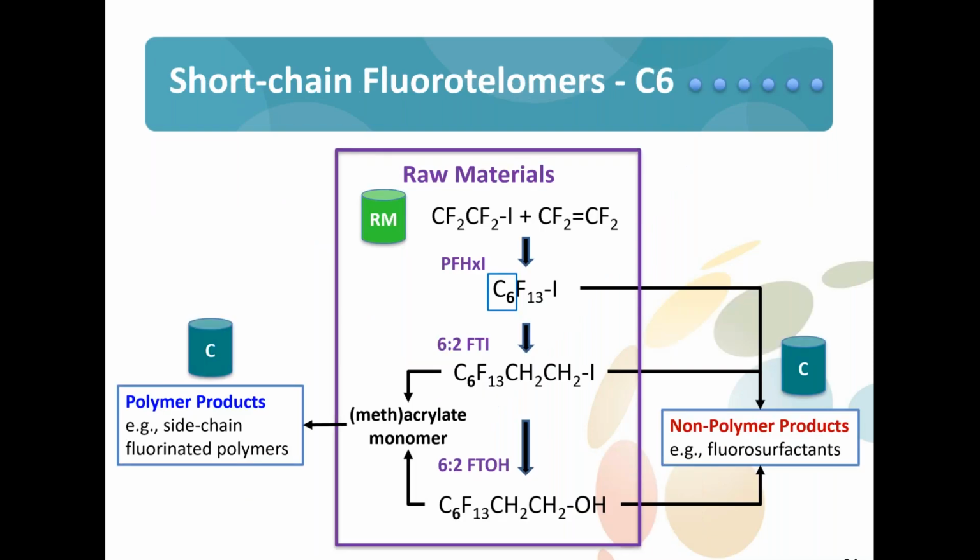In a pictorial way, in a chemistry way, as Bob talked about a few minutes ago, the raw material that we start with comes from TFE and perfluoroethyl iodide, right at the top of the green box, to make the perfluorohexyl iodide. And from that comes a variety of other raw materials, the ethyl iodide and the fluorotelomer alcohol that Bob showed you. And then that can be branched out to make either polymers, side chain polymers, or on the right-hand side to make non-polymeric products like surfactants. Characteristic, though, of the telomer products is that they're even carbons, they're linear, and they're not branched.